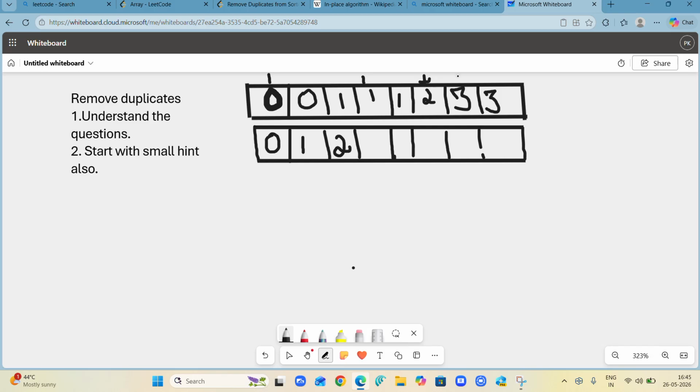So after index plus plus, it is going to compare with this element. Is the new array of index and new array of I and I minus 1 the same? No, it is not the same. Okay, so store it. Just store it in my new array of index, which has become third. So store it on the third element and index plus plus again. So now this time it is going to store for the fourth element.